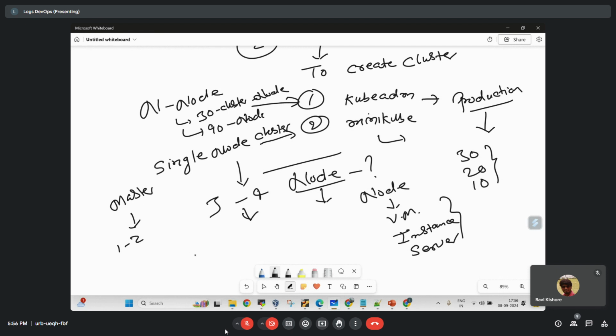Kubernetes is also called a K8s cluster. I think some guys may have heard this word. If someone asks what is Kubernetes, you can say Kubernetes is an orchestration tool. Now you will ask, what is orchestration? If someone asks you what is orchestration